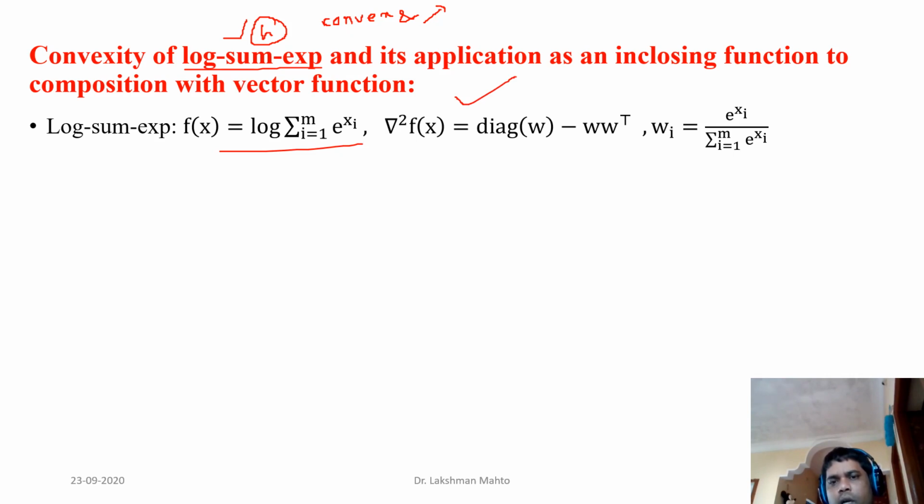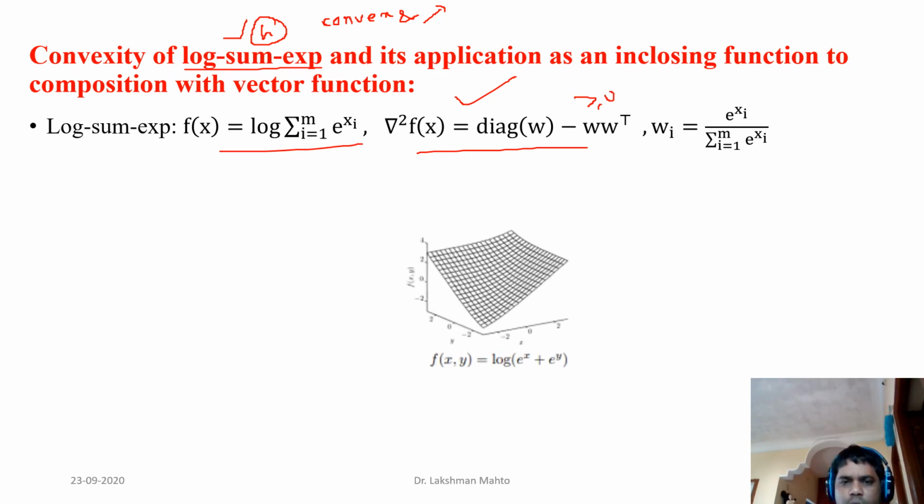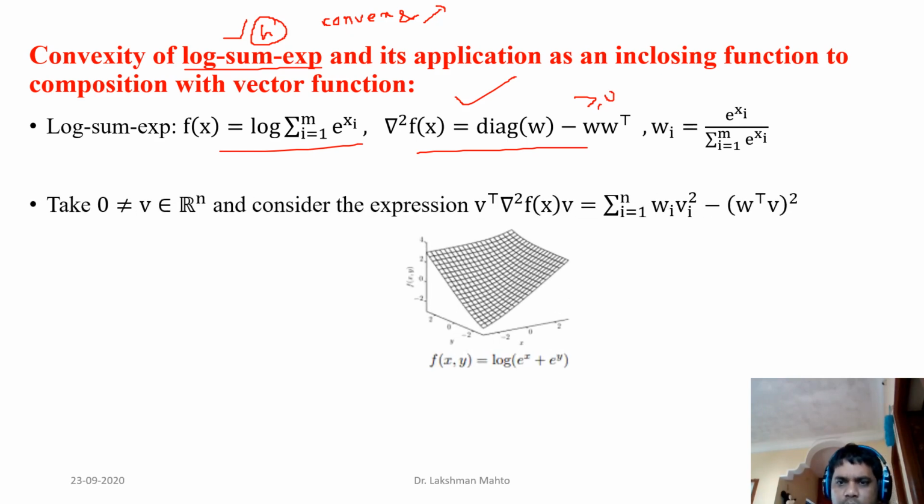So if you want to see the convexity of this log sum exponential, through second order characterization, the Hessian of this function takes a very simple form, and it is always greater than or equal to 0 by defining the corresponding quadratic form. This quadratic form we had already seen, and the quadratic form of the Hessian is always greater than or equal to 0, which is also the definition of a positive semi-definite matrix. So the Hessian is a matrix, and it would be a positive semi-definite matrix.